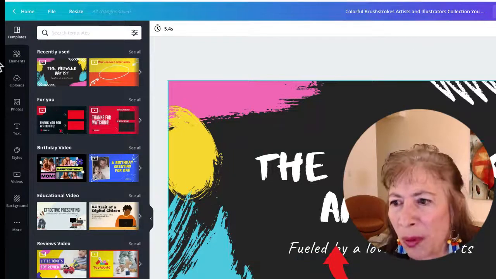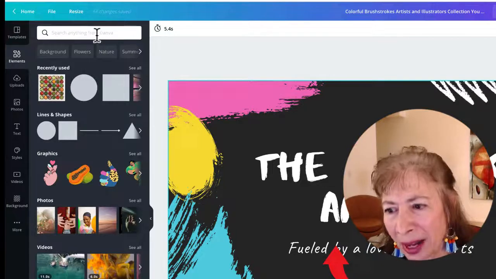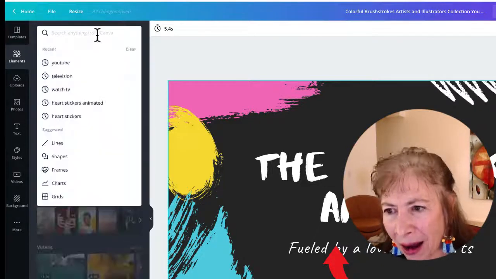And we click on Colorful Brushstrokes Artist and Illustrators Collection. What does this give us? Well, it gives us movement. Do you see how there is movement there? It gives us movement, but we could even add more by going over to Canva Elements and clicking on any,